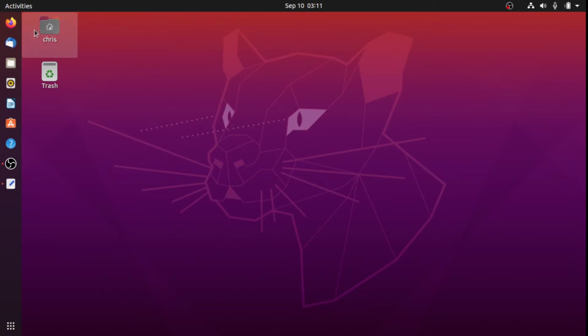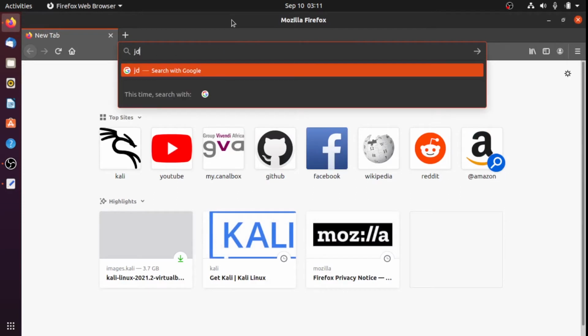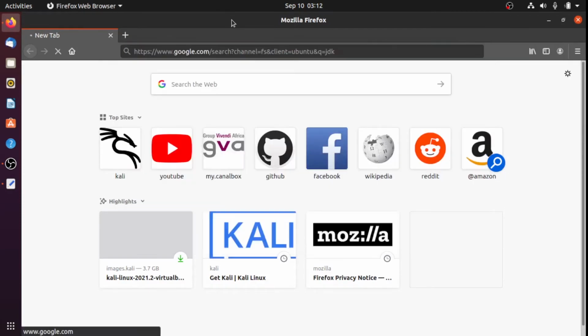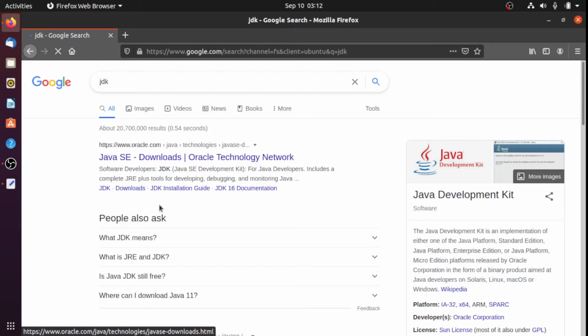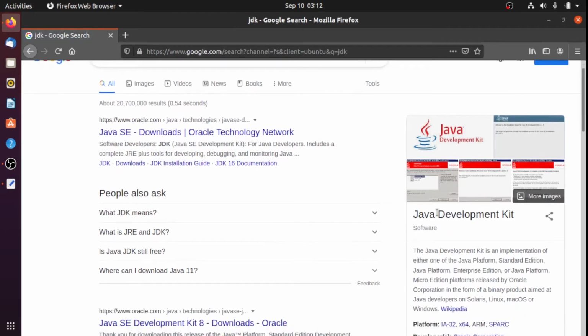First of all, you have to go and open your favorite browser. It may be Firefox or Chrome, and after you open it you can go ahead and type JDK and press enter. And I can bet the first link will be the original link from Java, the Java Development Kit. You go ahead and press on the first link,